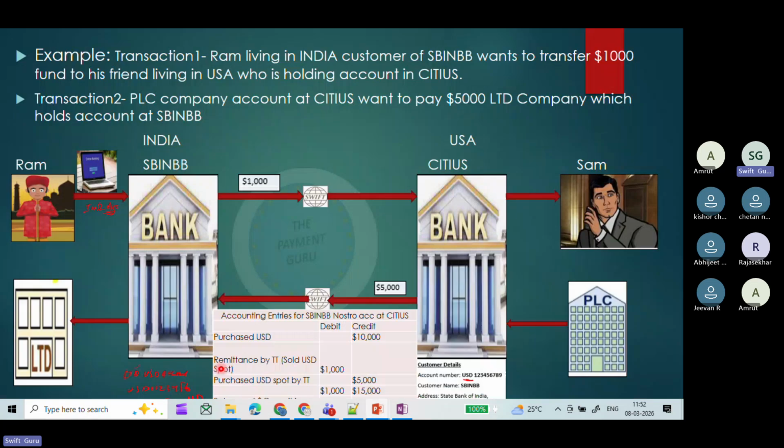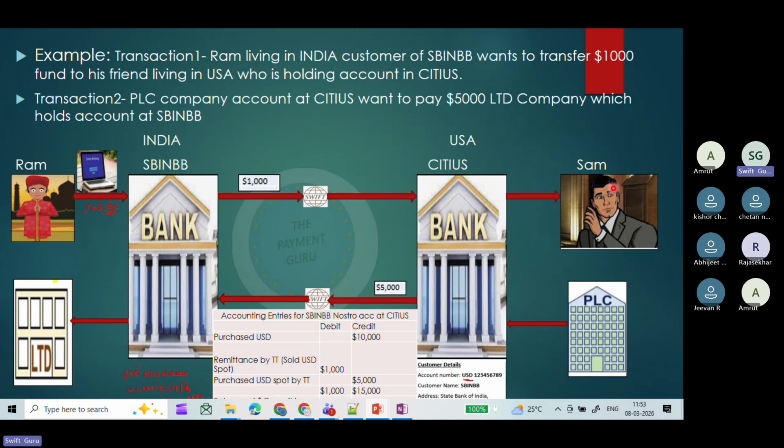Yeah, sure. Why I was explaining that particular topic is, I'm going to explain that the same Nostro account which State Bank of India opened at CTS Bank can be used for both outgoing and incoming transactions as well. First example we have already taken, where Ram wanted to make a fund transfer of 1,000 US dollar to Sam, who holds an account in CTS Bank in United States. With the message communication, CTS Bank will debit this $1,000 from their Nostro account and credit to Sam's